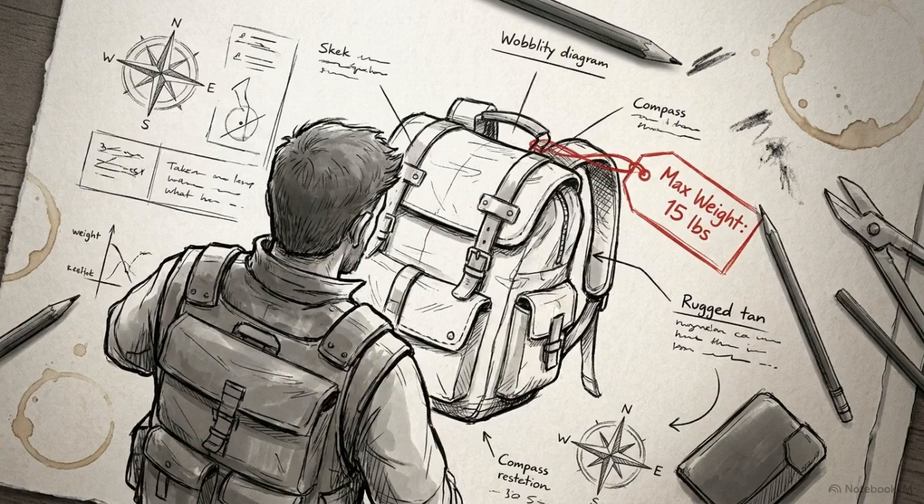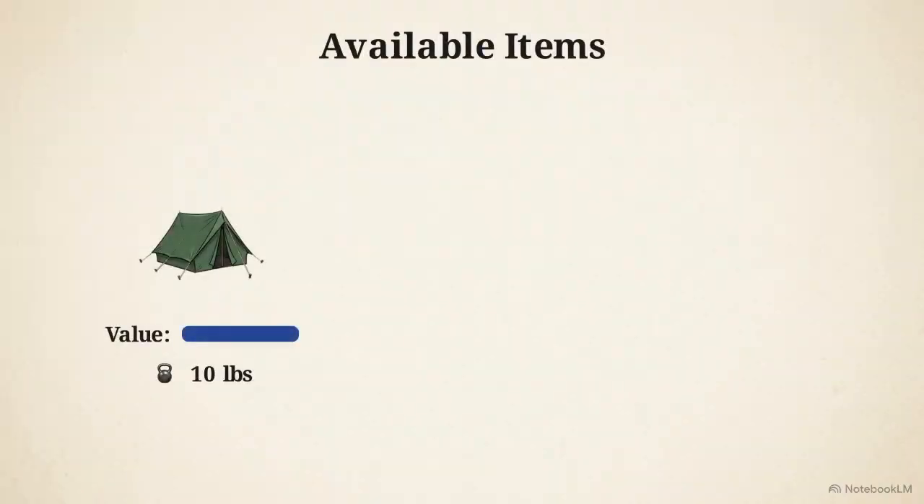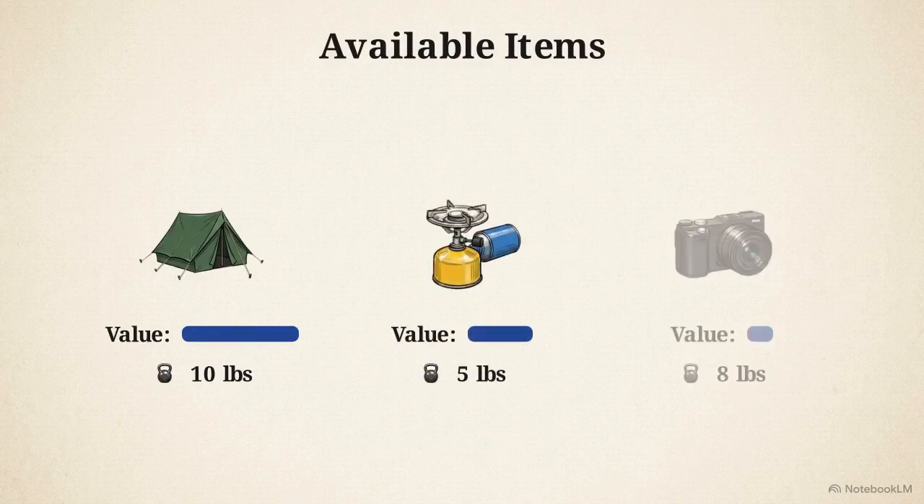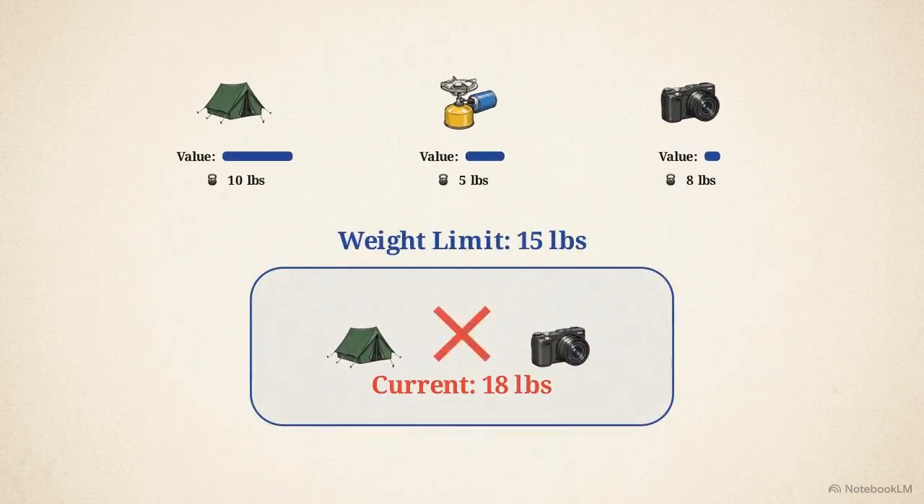If you are packing for a hike, the physical limits of your equipment dictate every decision. Let's assume your backpack has a strict maximum capacity of 15 pounds. You have 3 specific items you can carry. There is a high-value survival tent weighing 10 pounds, a medium-value stove at 5 pounds, and a heavy, low-value camera at 8 pounds. To stay under the weight limit while maximizing the utility of your gear, you have to find